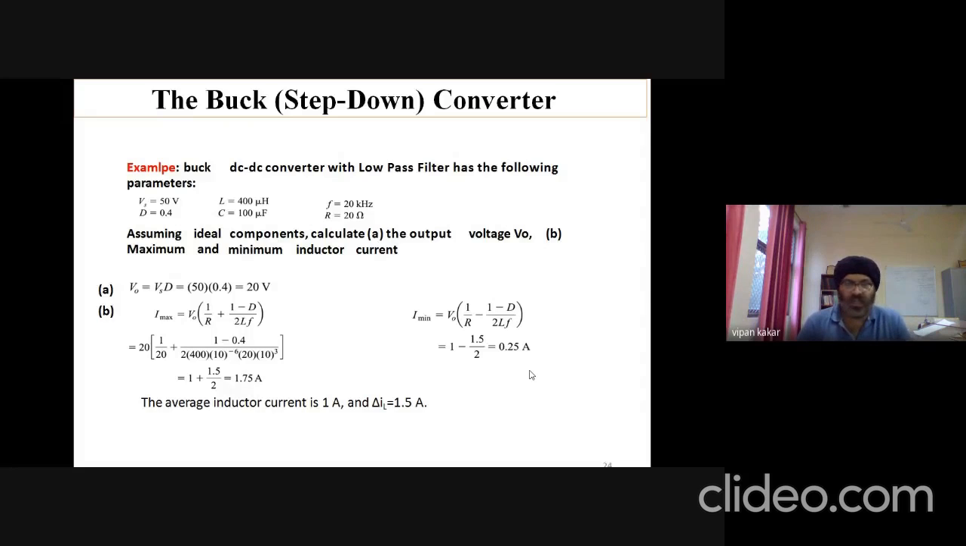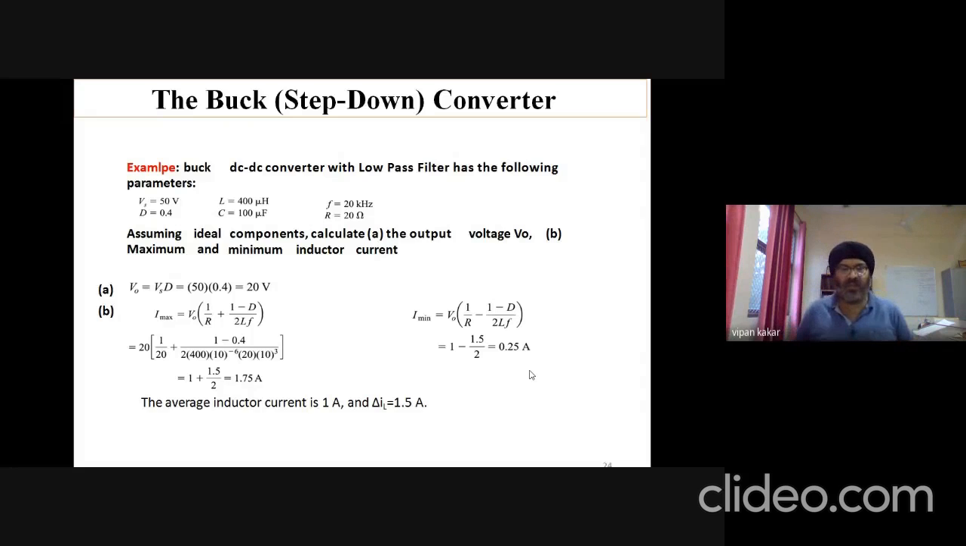and the resistance at the load is 20 ohms. So the load is 20 ohms. So again, assuming ideal components, means no losses in the power, we need to calculate the output voltage, maximum and minimum inductor current. So the output voltage we know,